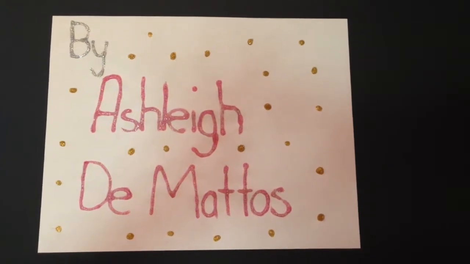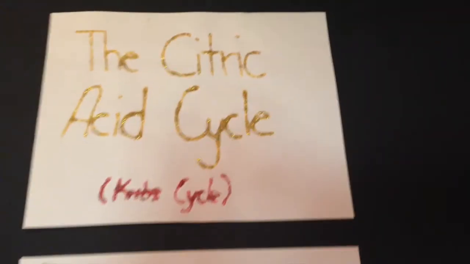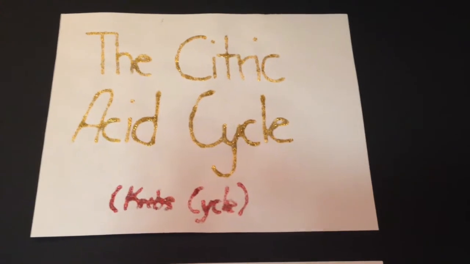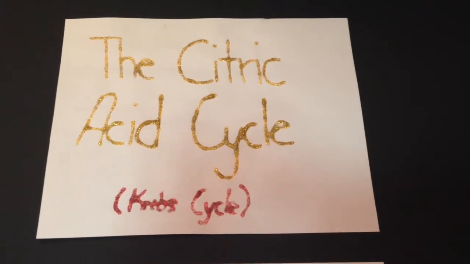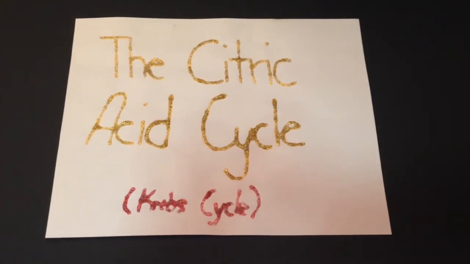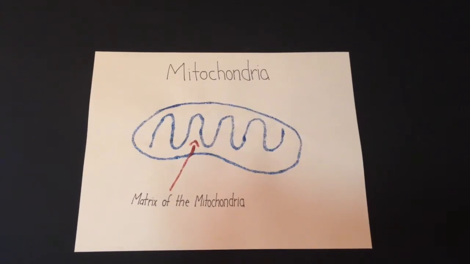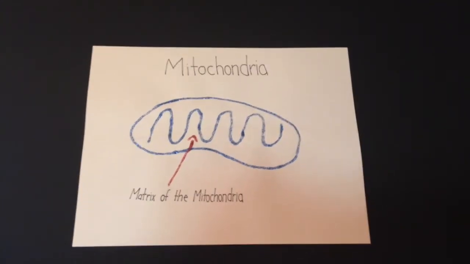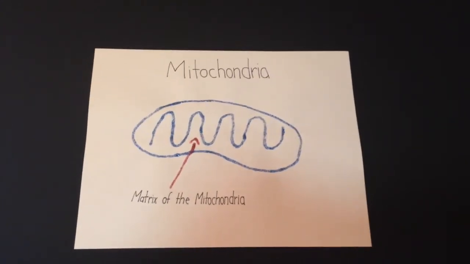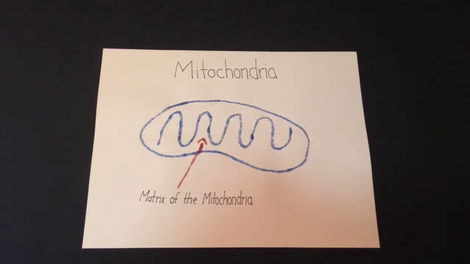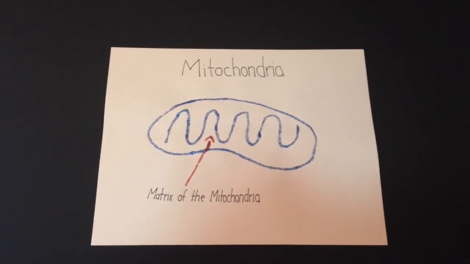My name is Ashley DeMatos, and this is the citric acid cycle, also known as the Krebs cycle, in cellular respiration. The citric acid cycle occurs in the matrix of the mitochondria and is an aerobic process, meaning it needs